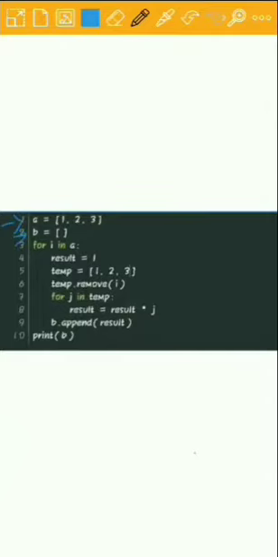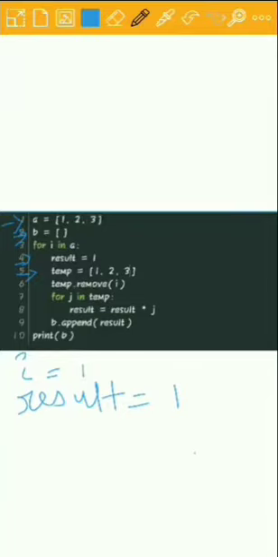We use a for loop to iterate over list A. Initially, i will be 1 because it is the first element of A. Inside this for loop we create another variable result with value 1, and a temporary list with the same values as our input list A, which is 1, 2, 3.